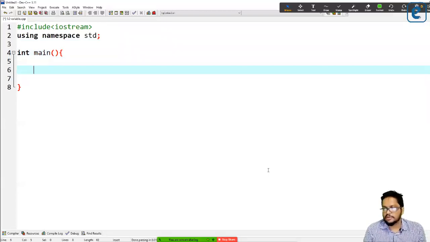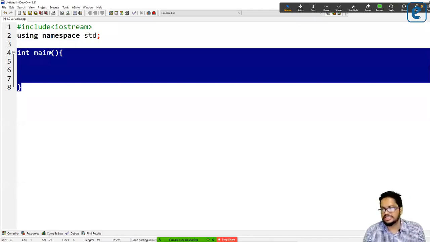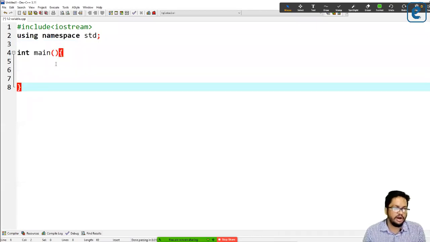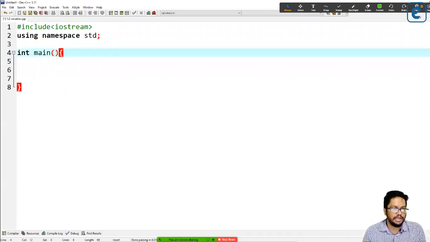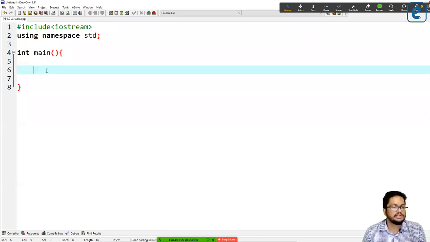What you want to focus on is whatever is inside this main function. This is called the main function. We identify the boundaries of the main function by the starting and ending curly brackets.